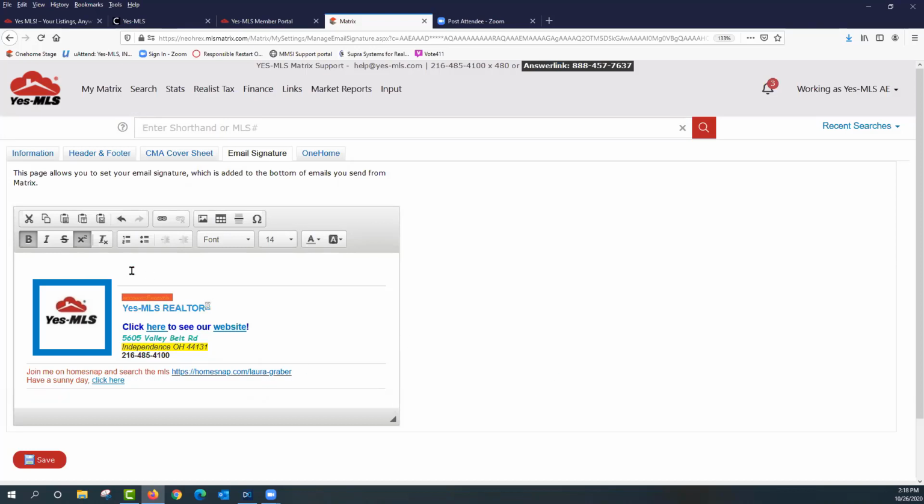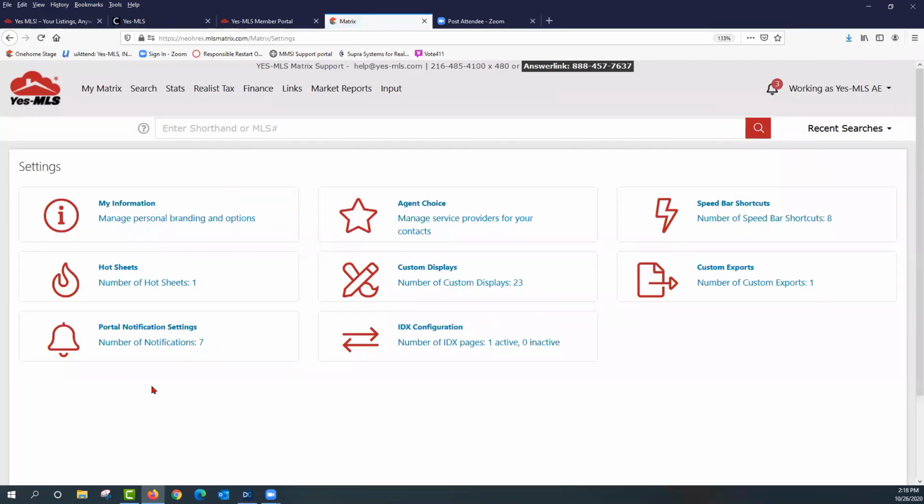For those of you who use auto email, I'm going to come back and show you again. You go to your name and you go to settings, and that takes you to a screen that gives you many different choices in here. One of the features that we have with auto email, you set it up. If you're using that client portal, which we call One Home now, if you're setting that up to go automatically to customers,